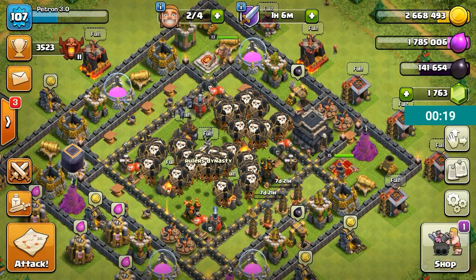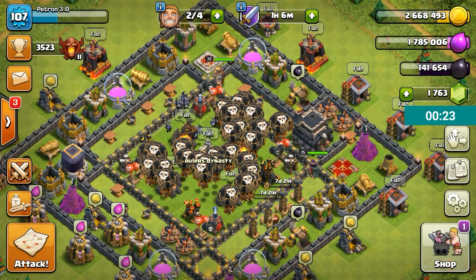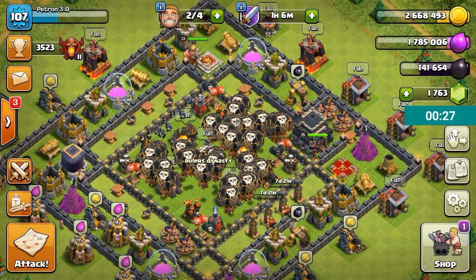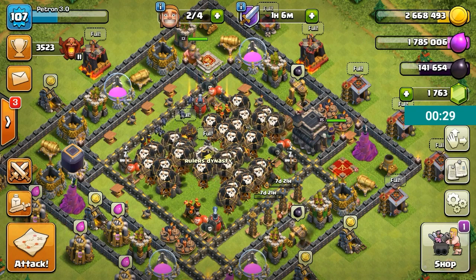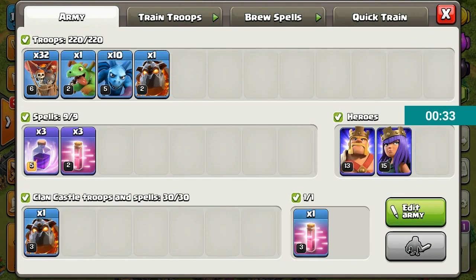If you have a max Town Hall 9 offense, or even just the troops for this offense, then this will be the army comp you want to use. 32 loons, 1 baby dragon, 10 minions, and 1 hound of your own. Your spells, 3 rage, 3 haste, and your clan castle, 1 hound, and 1 haste or skeleton spell in your